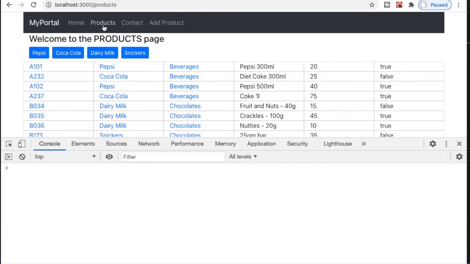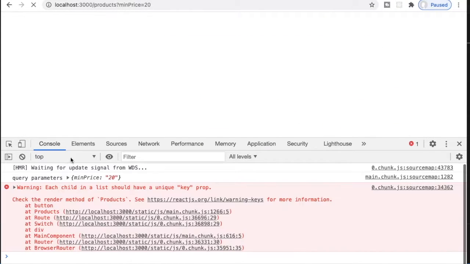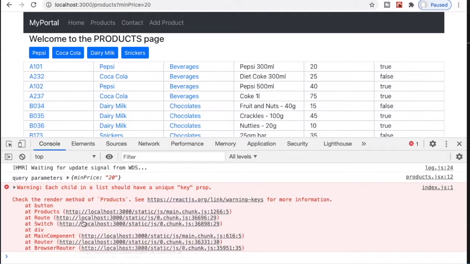So if we go to products, we get query parameters. So it's an empty JSON. Here, if I just said ?minPrice=20, now we can see we get the query parameters minPrice=20.